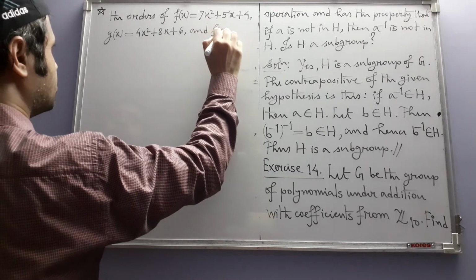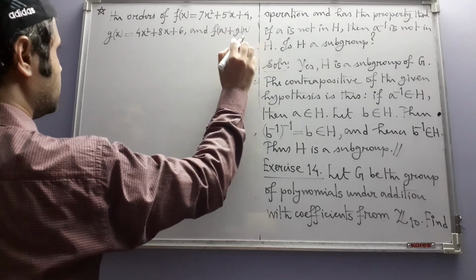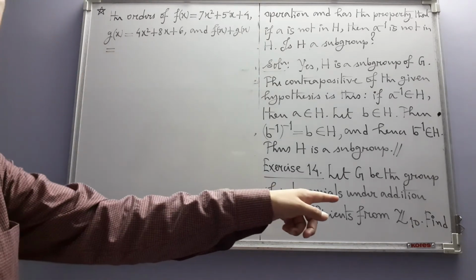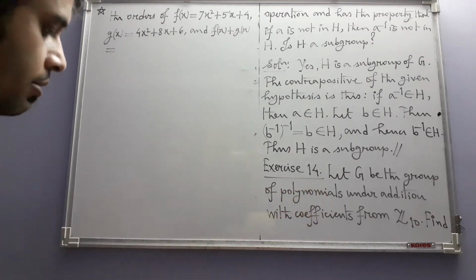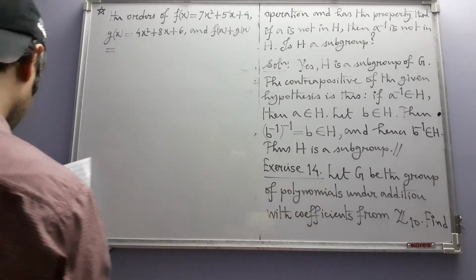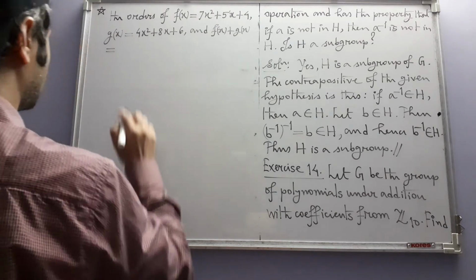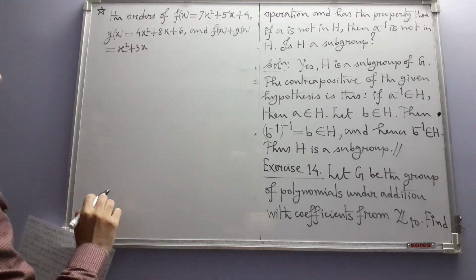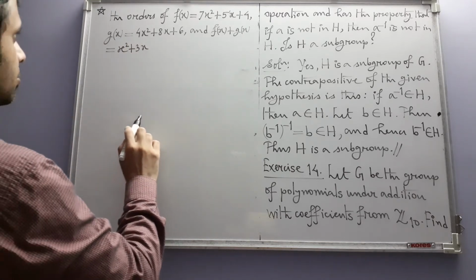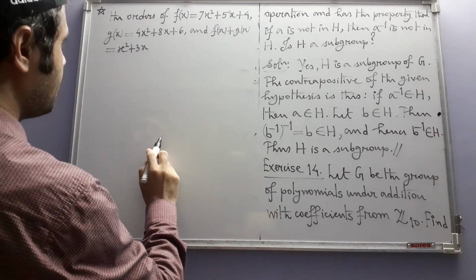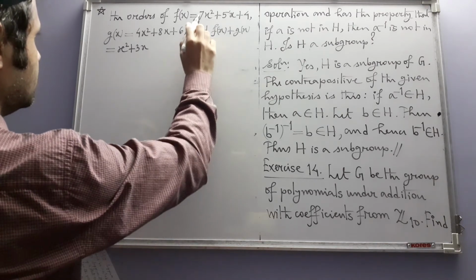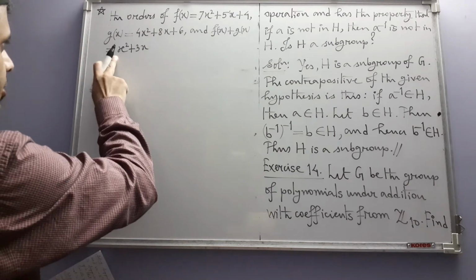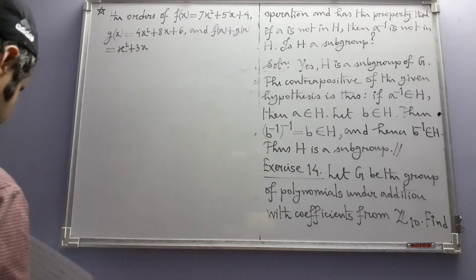And their sum, considering the fact that the coefficients are coming from the modulo group Z10, becomes x squared plus 3x. You can calculate and see it will be x squared plus 3x, because you see 7 plus 4 is 11, modulo 10, 11 is equal to 1, so that's why we have 1 here, like that.